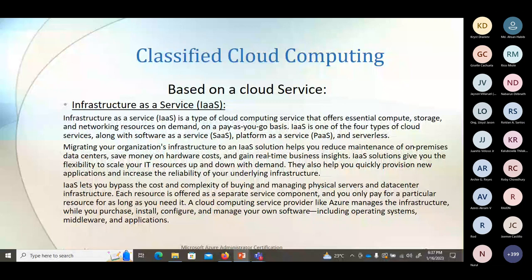Each resource is offered as a separate service component, and you only pay for the particular resources you need. No need to pay for other things. And then there is your own software, including operating system, middleware and application. Suppose you are going to build a PC, and